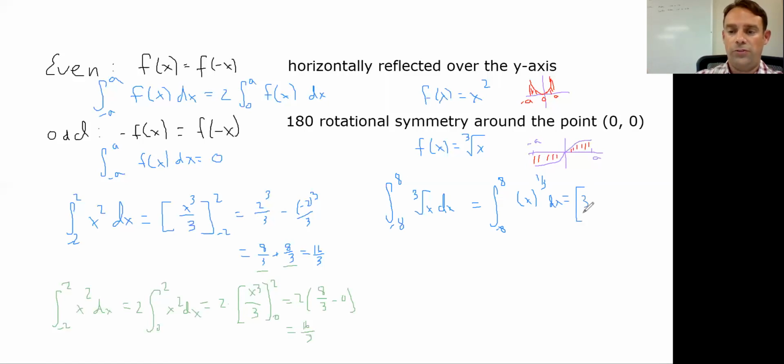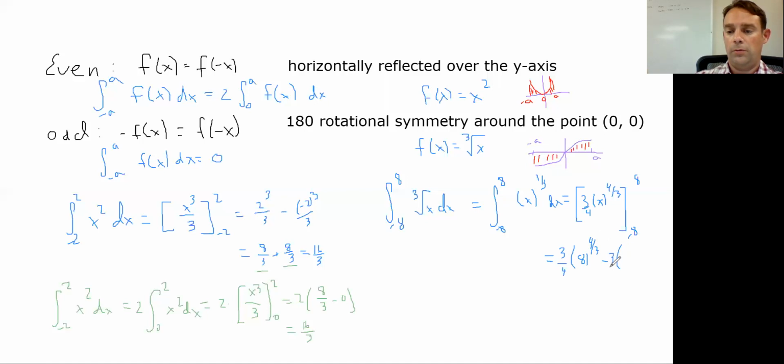So 3/4 times x to the 4/3 from -8 to 8. When I plug it all in, you get 3/4 times 8 to the 4/3, minus